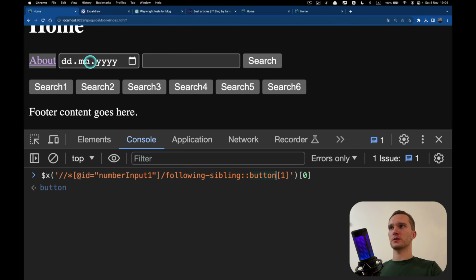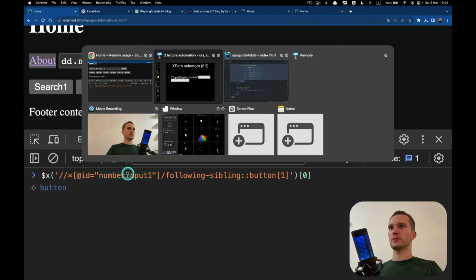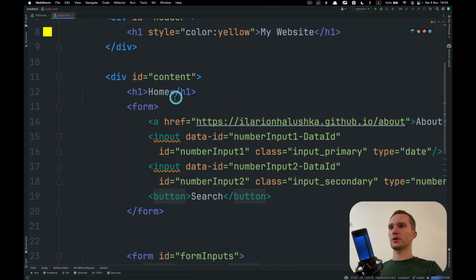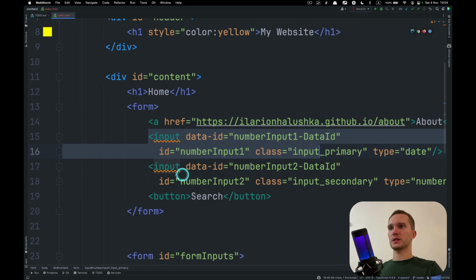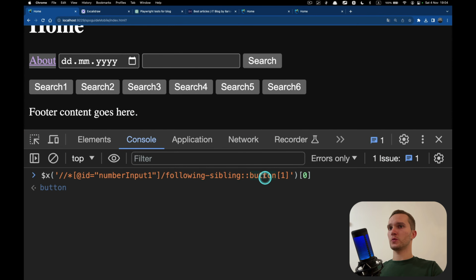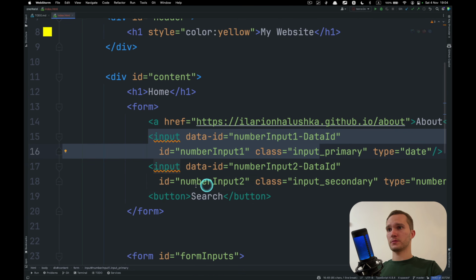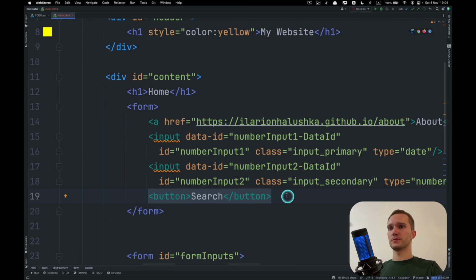So the following button, you remember this. Number input 1, let's check in HTML here. Number input 1, this is our input. And now we are saying find following sibling which has the tag button. Boom.